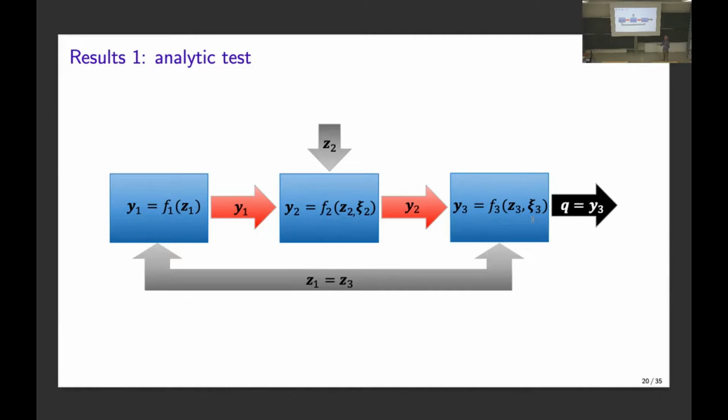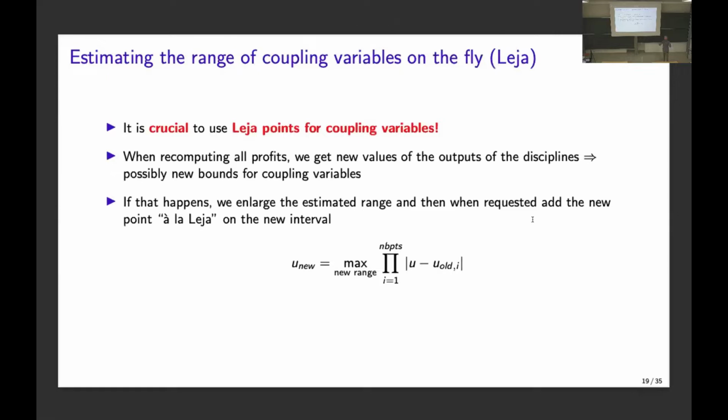Every time I improve one surrogate, I possibly enlarge the range of its output, and then I need to reshape the points of the stochastic collocation of the downstream models. That's another technicality, but we go about that by using Leja points, because even if I start with output range [3, 5], I put Leja points in [3, 5]. Then I find out that the range is [3, 7]. I can put the next Leja point, I can compute it on the new range. I have 3 points in [3, 5]. The next Leja point is the minimizer of the Leja functional in the new interval. And I keep going like this.